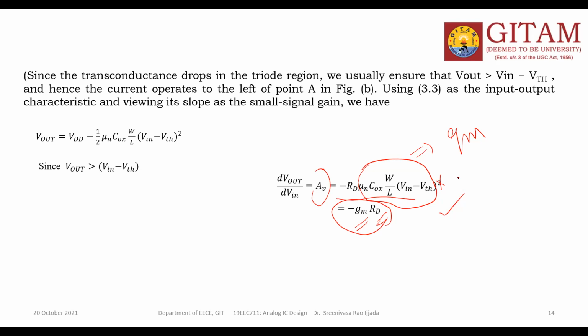But here, clearly from this last equation, I can assume that your gain AV varies with the input. Generally, the input voltage definitely has fluctuations. Of course, it is not the same input. Whatever DC we are supplying, it definitely has fluctuations. The amplitude may change. So this is the biggest disadvantage in this equation. These equations are related to the common source amplifier with the load resistance. The biggest disadvantage.